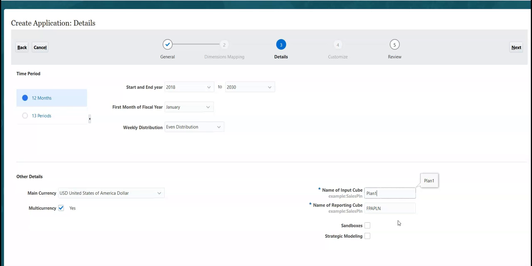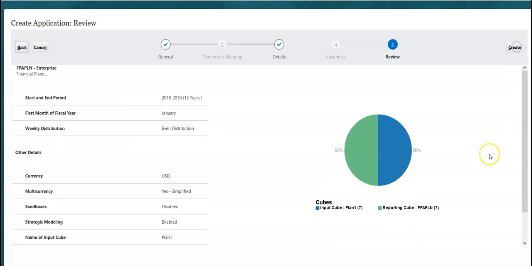And finally, strategic modeling, whether you want to enable this option. I'm going to go ahead and enable this option because we will cover some introduction on strategic modeling as part of this course. So I'm going to enable this at this moment and then click on next.